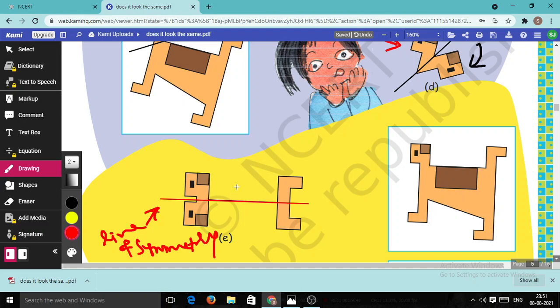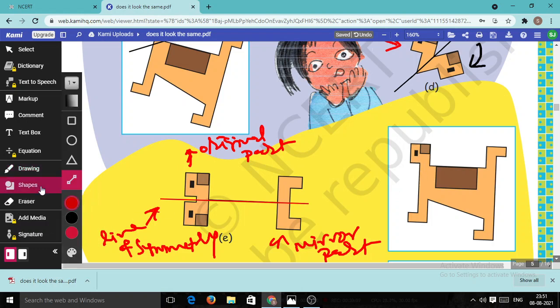First draw this, find out this is the original part, and this is the mirror part. So here the upper part is the original part. That means from the middle somewhere the line is given to us. Look here, the neck is given to us. Just below the neck a line is drawn.